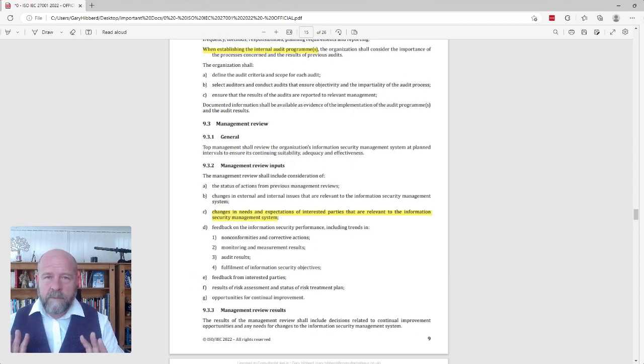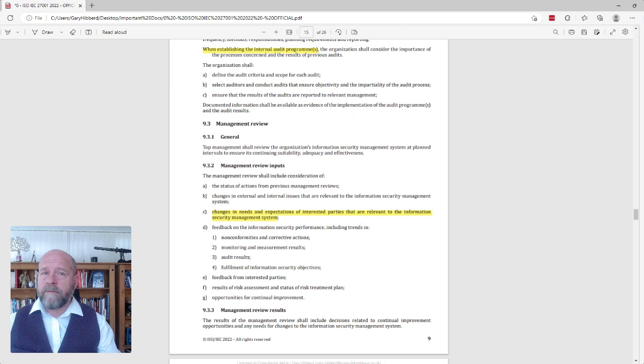It does not say that these management reviews have to happen on a monthly basis. I would always advocate, at the very least, your management review should be happening biannually. That means twice a year, at the very least, preferably quarterly. But certainly in the first year, I would suggest running them fairly frequently, and certainly before achieving ISO 27001, you should probably be having the management reviews on a monthly basis to check the progress of your program.